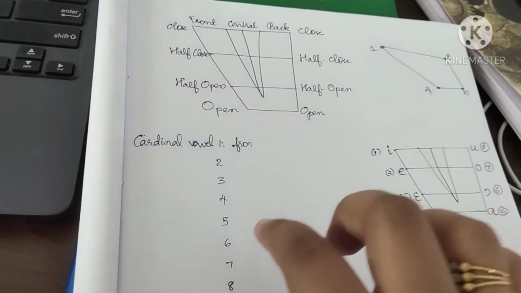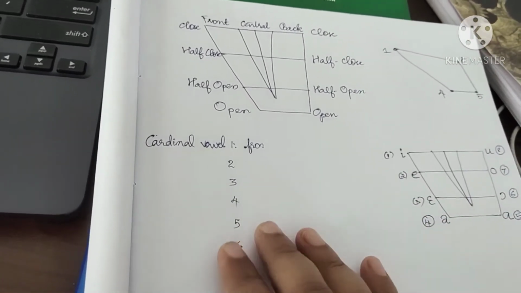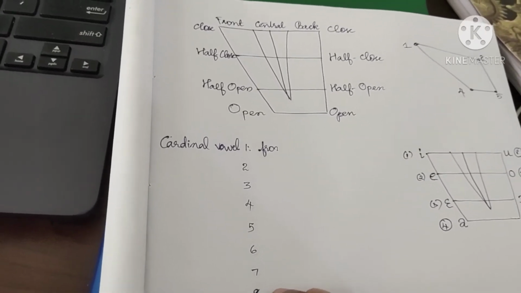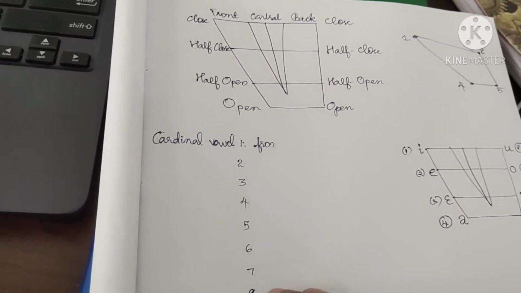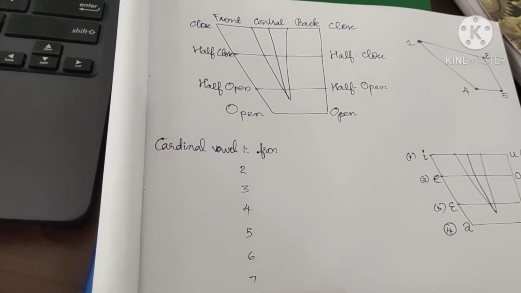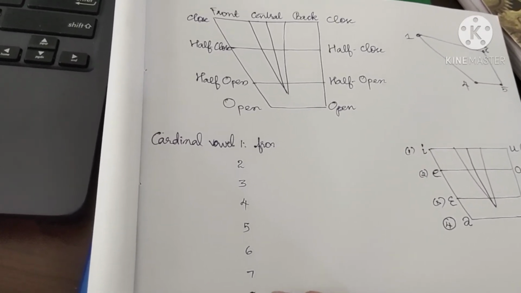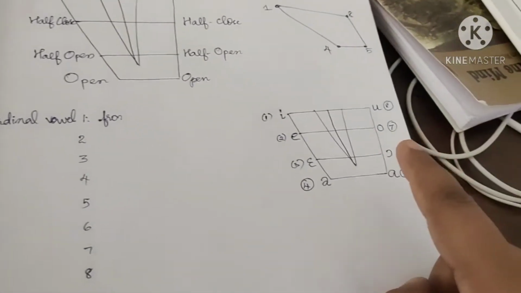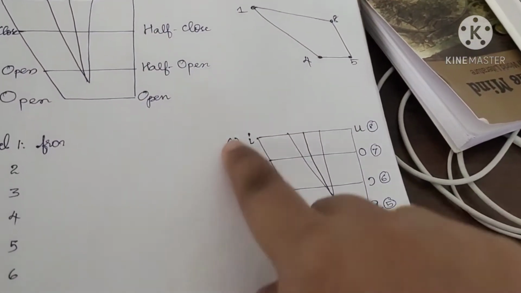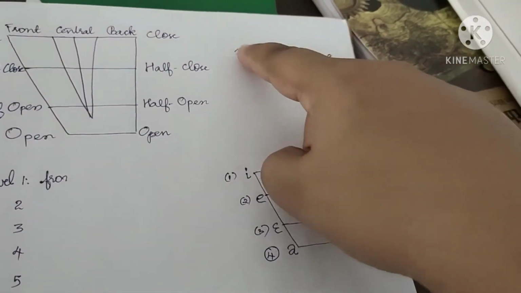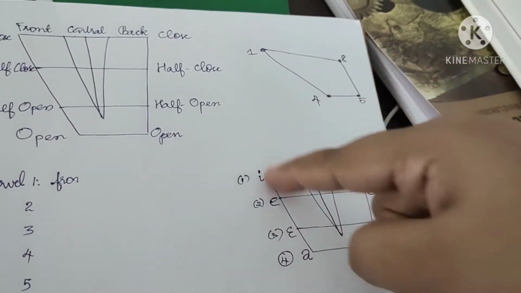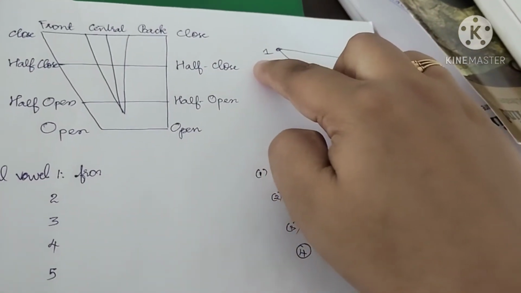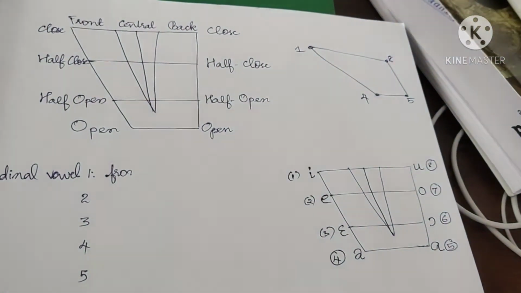Just like how we describe the vowels based on the position of the lips, the height to which the tongue is raised, and which part of the tongue is raised, we will be writing that description now. This image shows the cardinal vowels, and the main ones are cardinal numbers 1, 4, 5 and 8, which are presented here. We will see the description of each also.